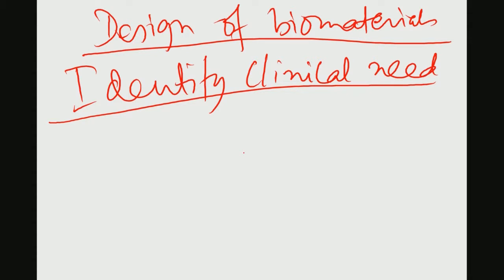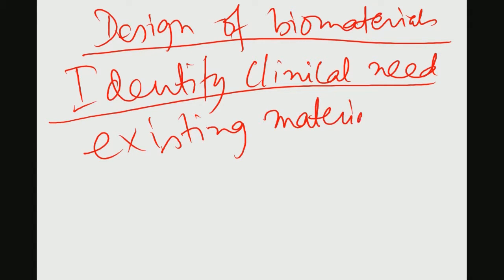Then you identify what the clinical need is, then you see what the existing material options are. Once you know the existing material options, you also have to know what the problems with them are. Once you know the problems with the clinically used materials currently,